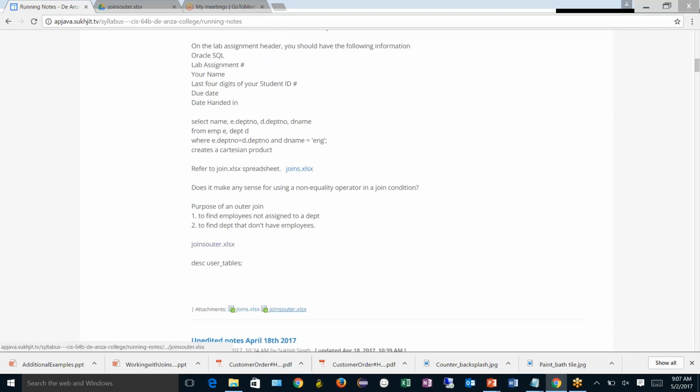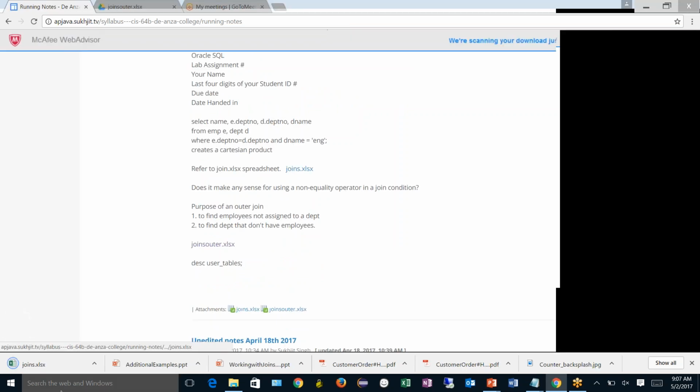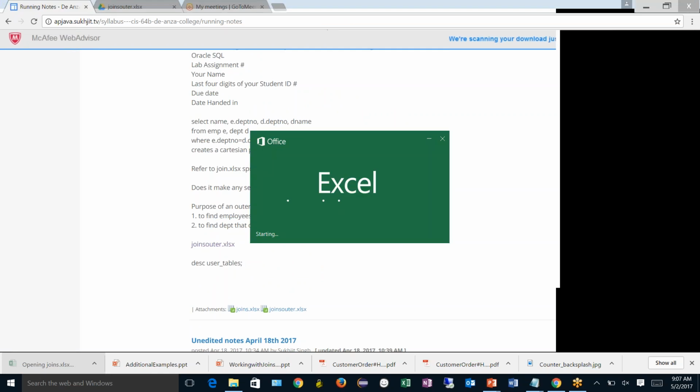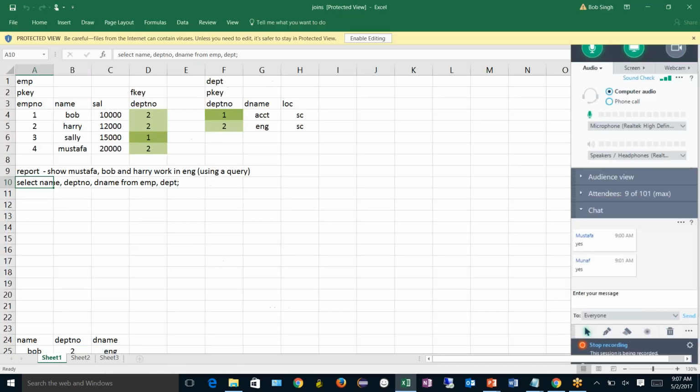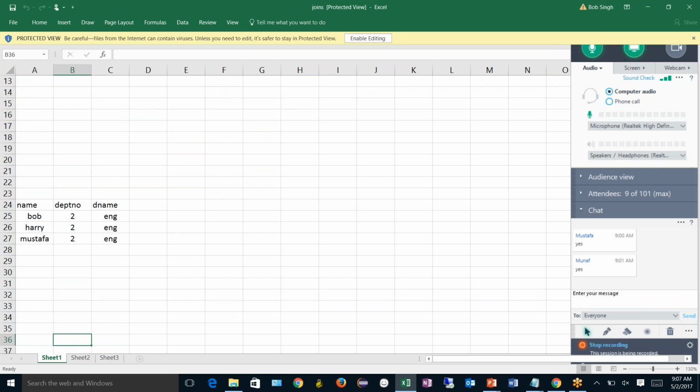So the outer join concept is best demonstrated with